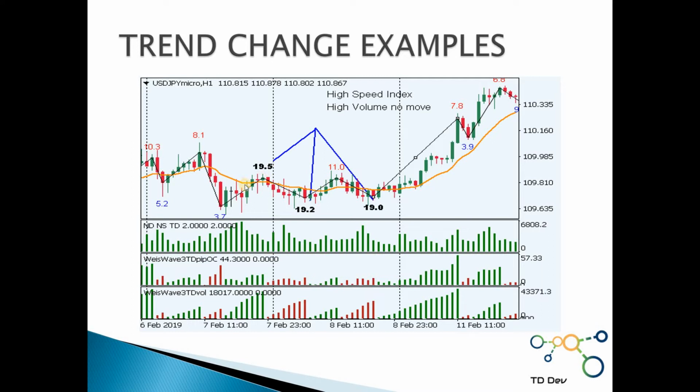And this is exactly what happened. Stop in volume, then the two down waves with high volume as we see here, but also high speed index, which means there was not significant price movement, means that the smart money was buying in the down moves and was buying again in the down moves. And then, boop, we go up and the trend has been changed. Now let's look at another example.